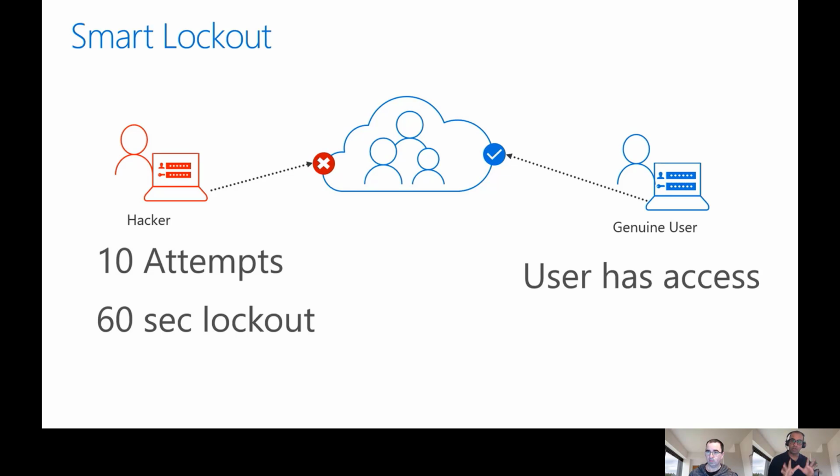So what smart lockout does, and this is something which is inbuilt into Azure Active Directory, is try to find out where the attacker is coming from and things like that, and it's just going to block the attacker. But a genuine user who's entering the right credentials and who has a session open will continue to work. So this ensures that you as a user are not affected by this change, and you continue to work, but at the same time we are able to have an acceptable level of security, and I'm able to lock out the attacker then and there.